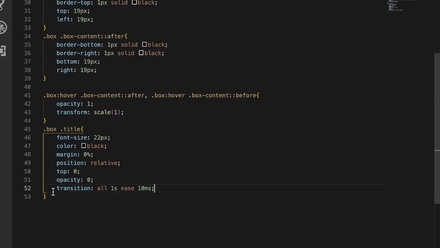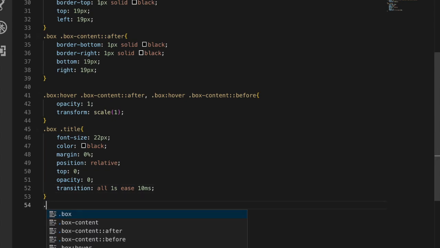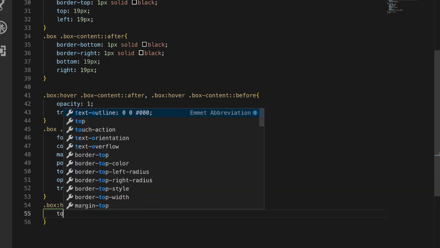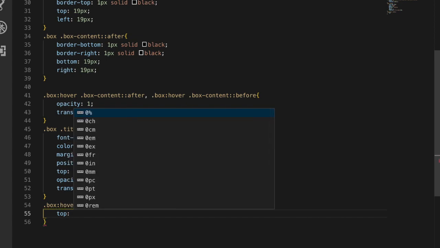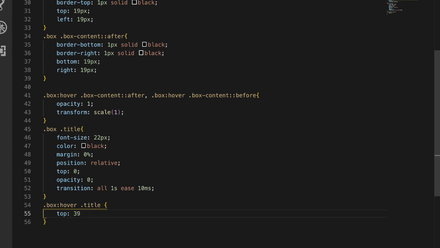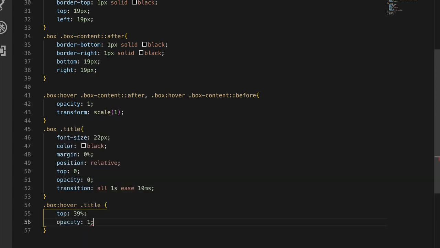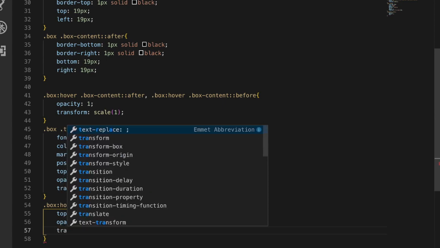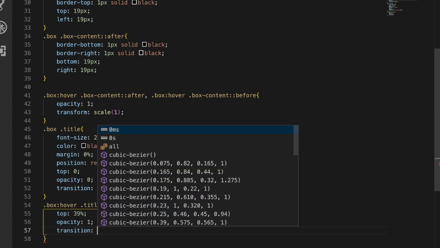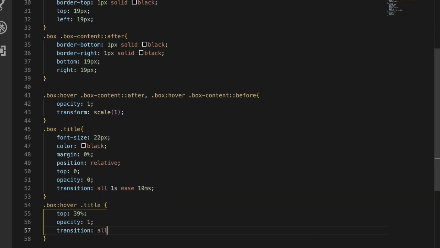This is for the title. So when we hover on the box, our title should be top 39, whatever in the middle you want to say. In the middle we can't, so that's why I'm going to give him 39%, opacity 1, and transition we need to give him, transition all, and it should be 0.5s,